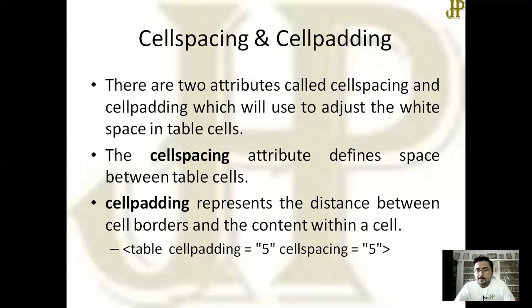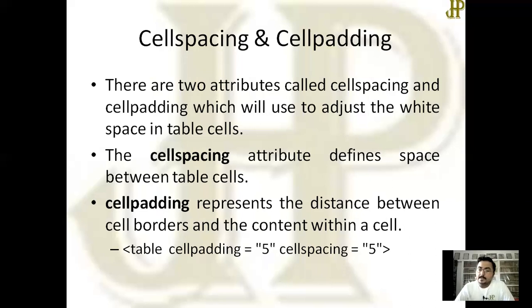The cell spacing attribute defines the space between table cells. What will be the space of each cell is defined with the help of cell spacing. And what is cell padding?